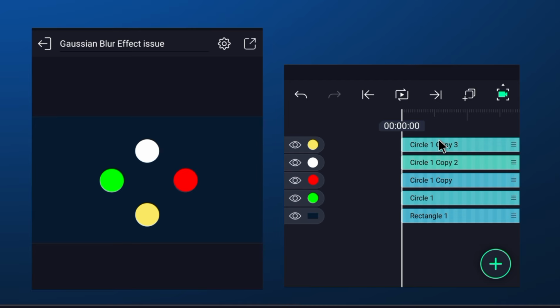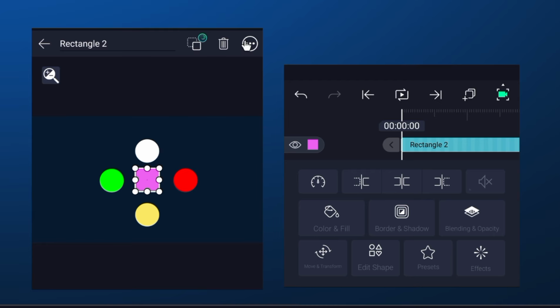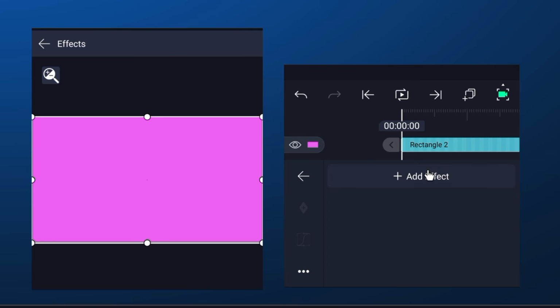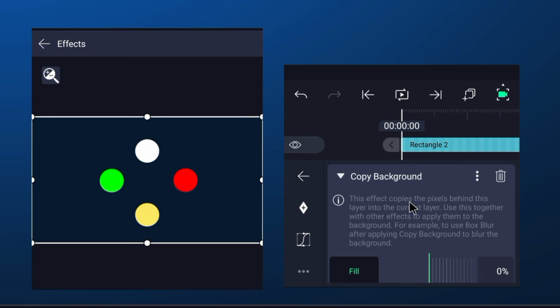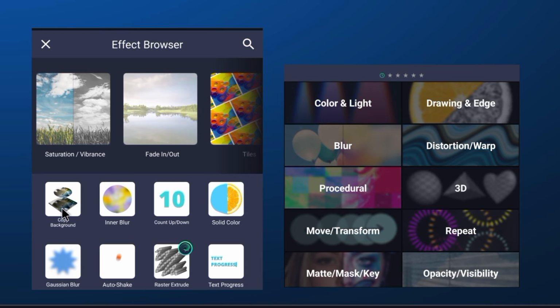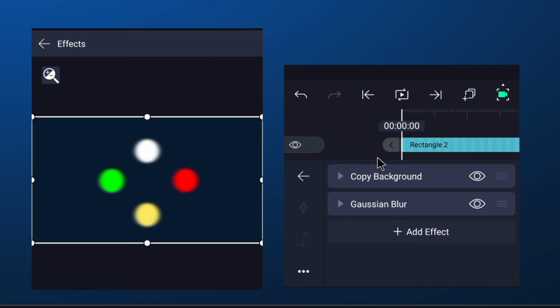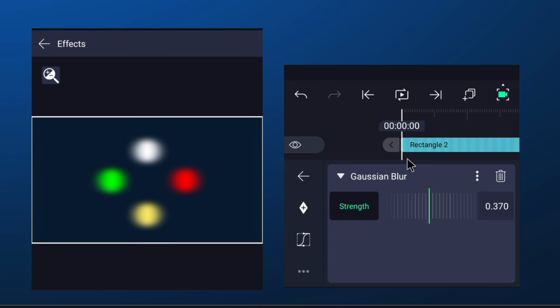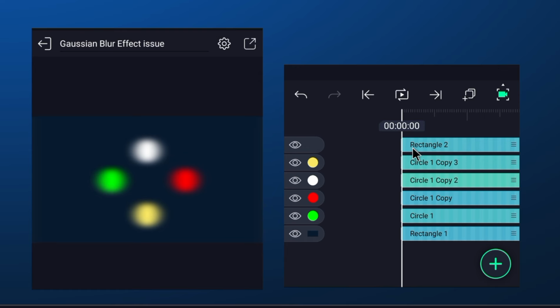The second method is like what we did at the beginning of the video. Just add your rectangle shape, then add your copy background and Gaussian Blur effects, and don't group them, just leave them that way. So you see how simple this is,